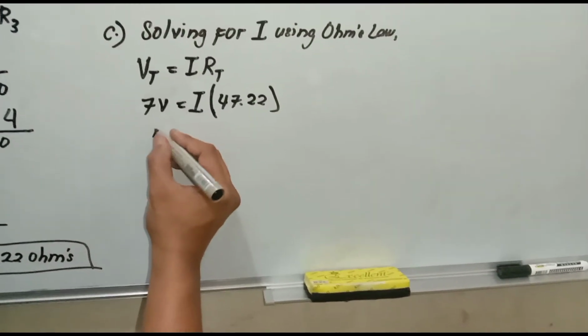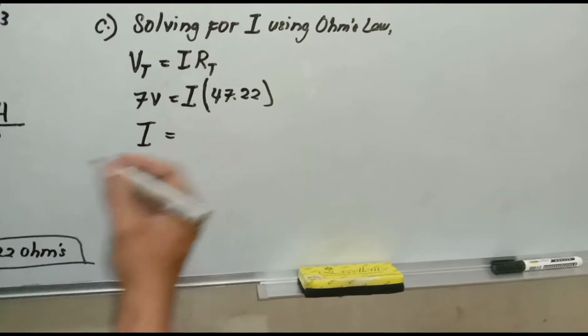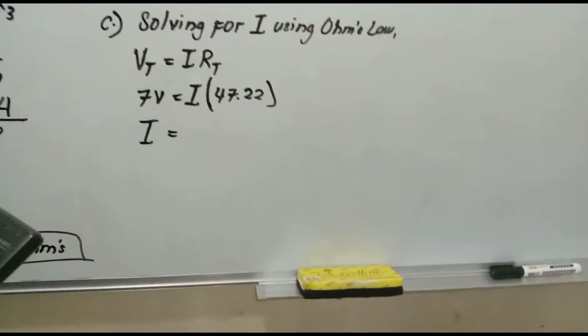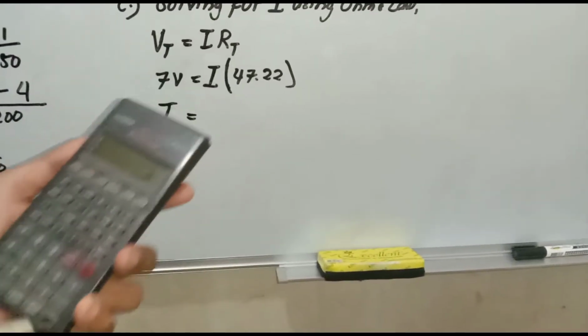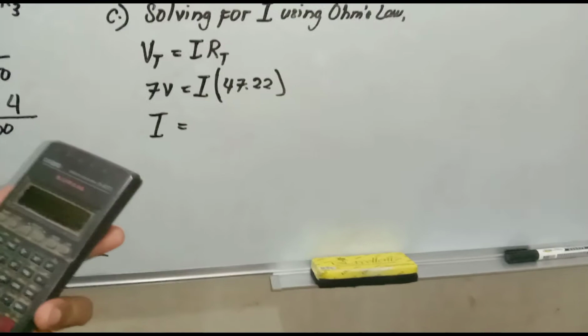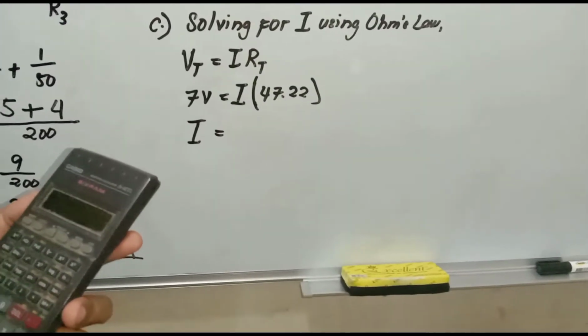So I is equal to, let me calculate, guys, 7 volts divided by 47.22 ohms is equal to 0.14